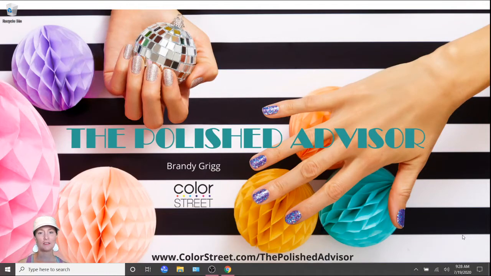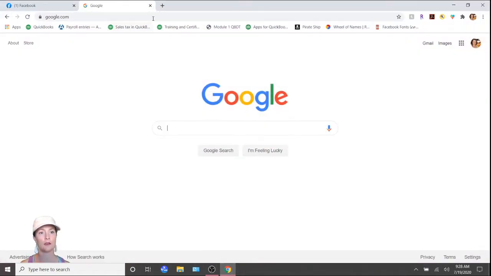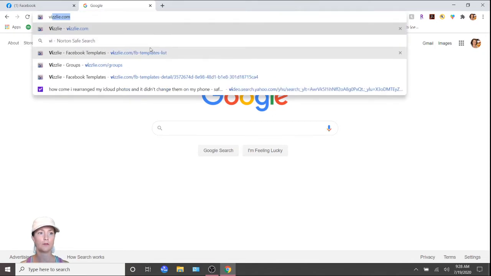Hi, I wanted to show y'all how to use Vizzlie for your benefit. We've got to save time in our day, right? So we will open up our web browser and we are going to go over to Vizzlie,